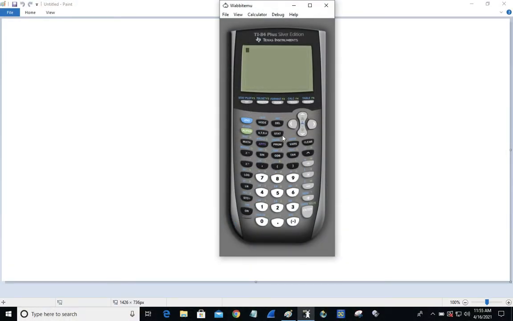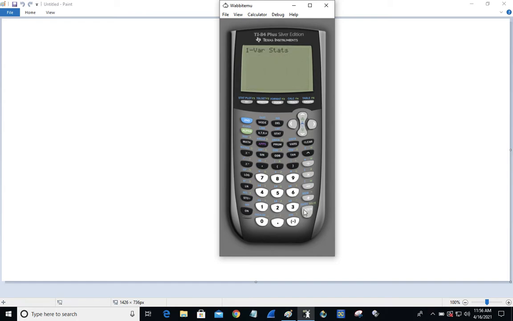All right, so I can hit the stat button and then hit edit. And I can enter in all these different data points. Now you just have to decide which one is going to be the fastest way to do this. Is it just adding them up yourself and doing it by hand? Or is it using this here? Right, so once we get all those numbers in there, I can go to stat, calc, one variable stats.